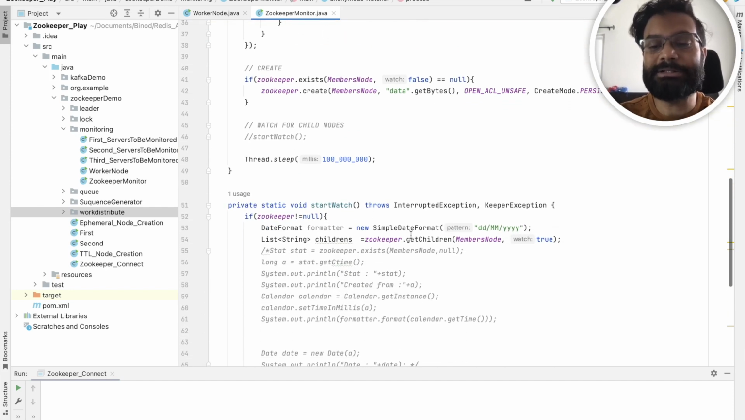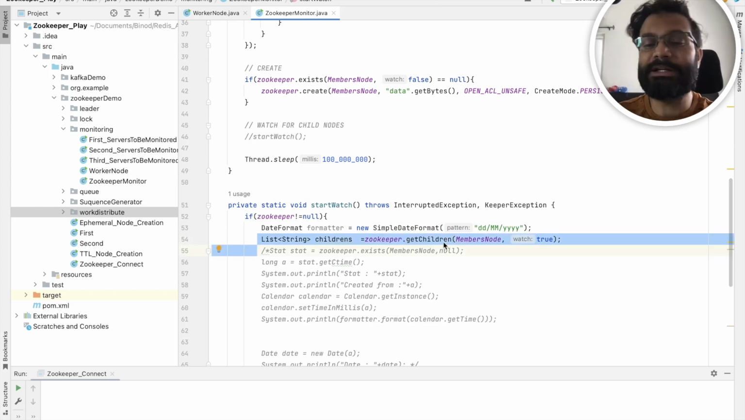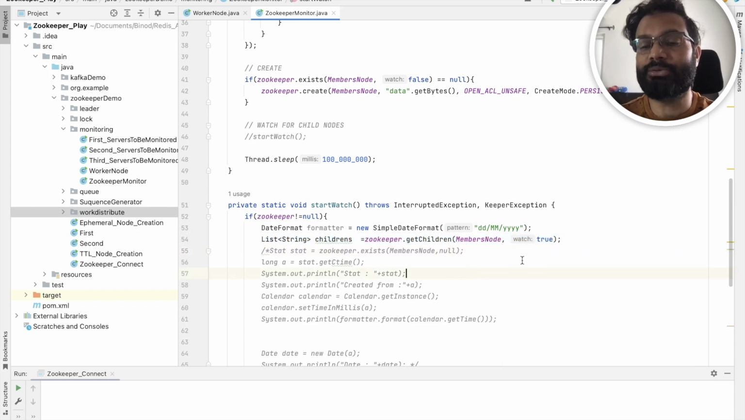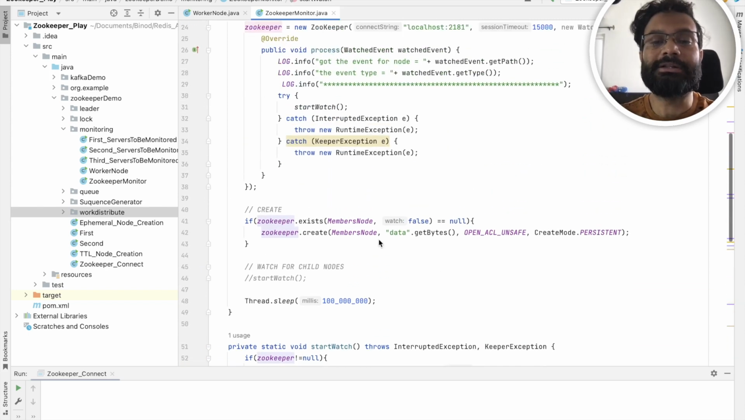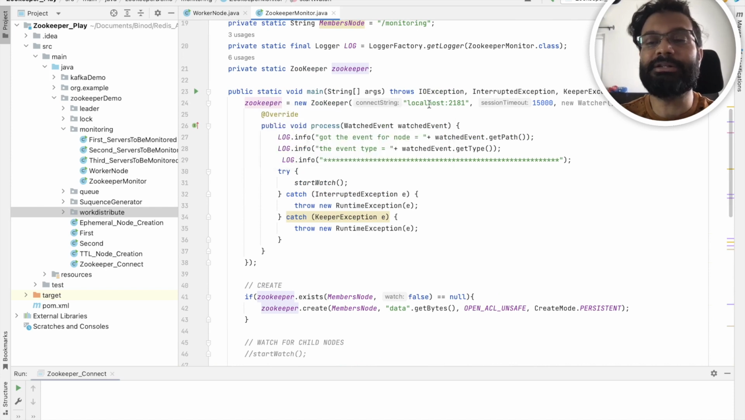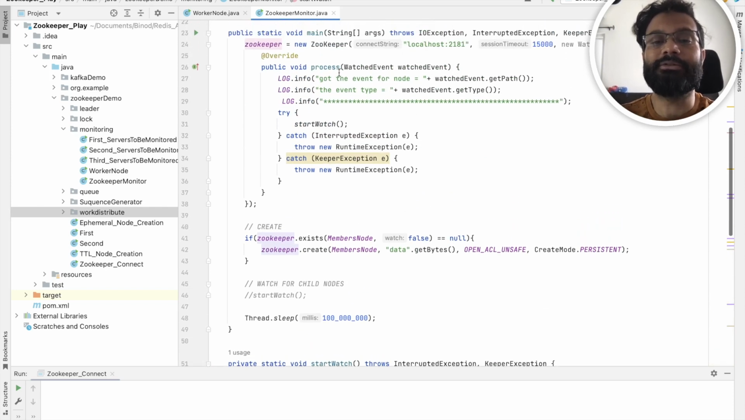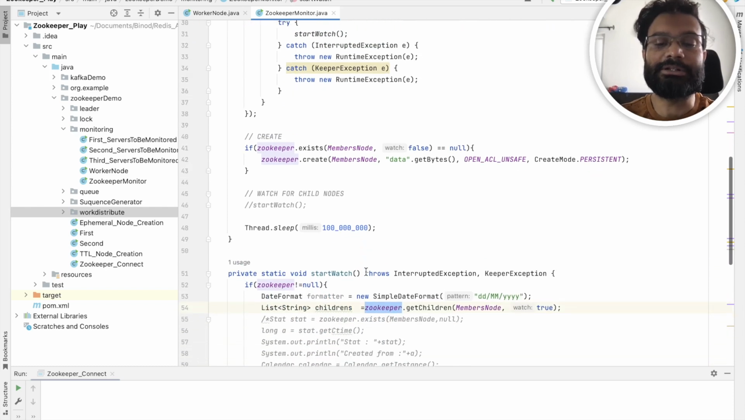And in startWatch, this is a very important line. I am creating a new watch on getChildren. I have already explained that on getChildren you can subscribe one watch, so I subscribe one watch. That is why I have given watch equal to true here. What happens when I give watch equal to true? What is the callback method? This watch is on this object, which I am creating here, and this object has the watcher. So whenever anything happens, it will call this process method,